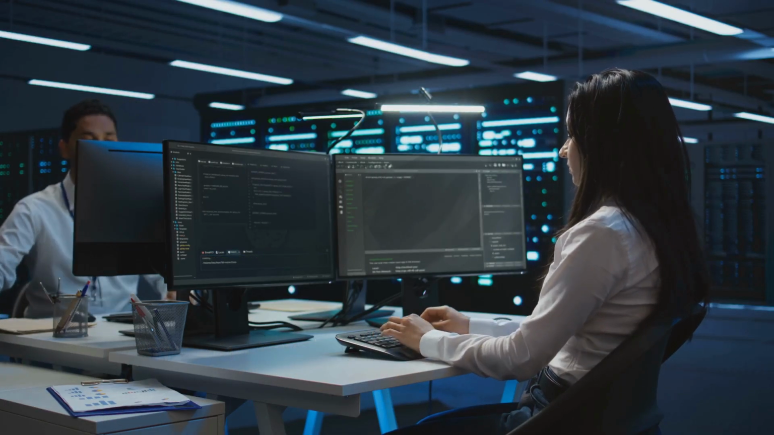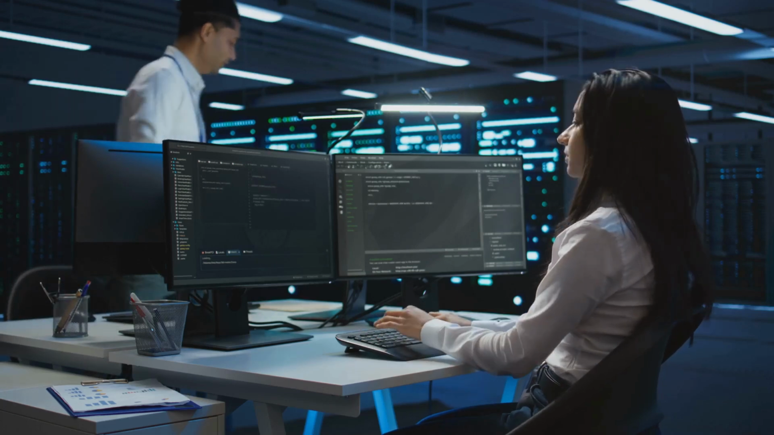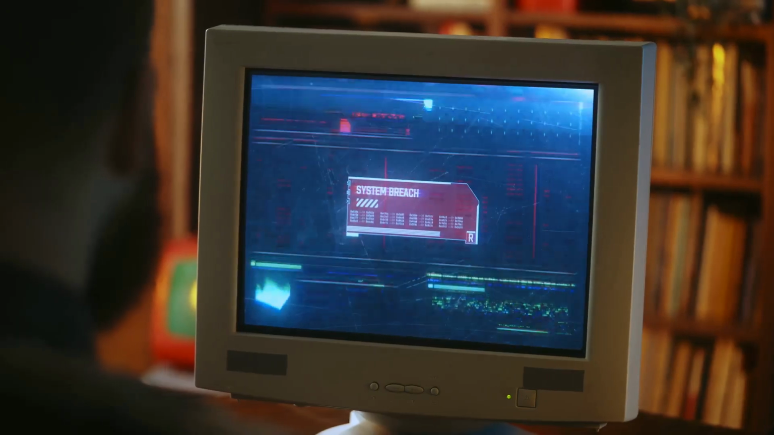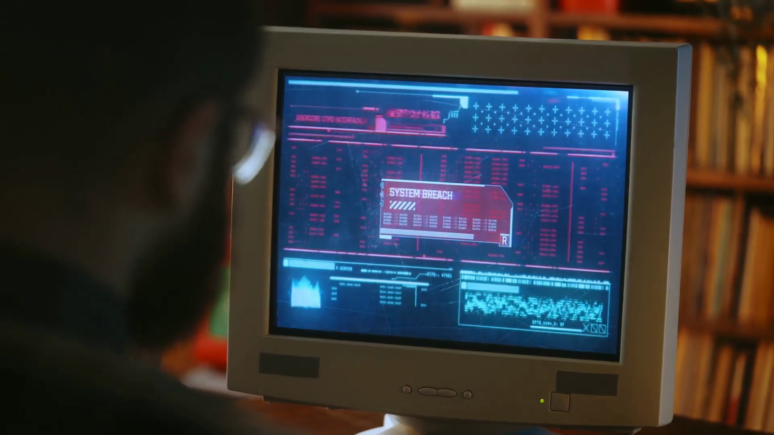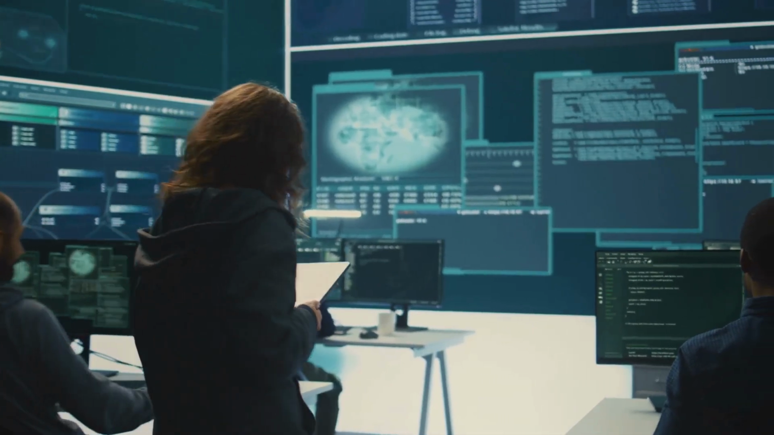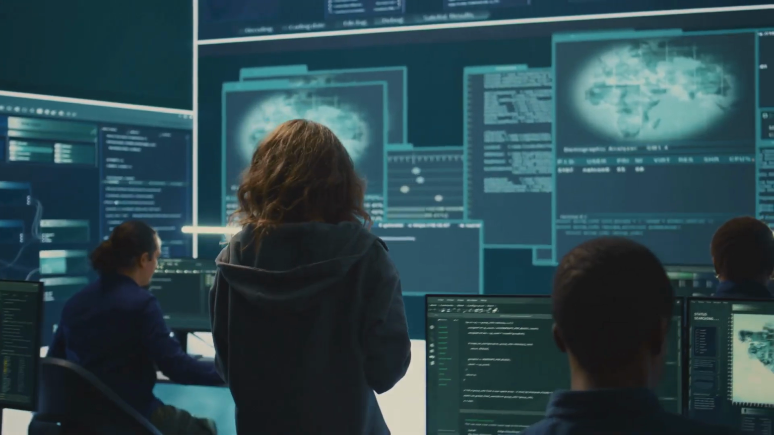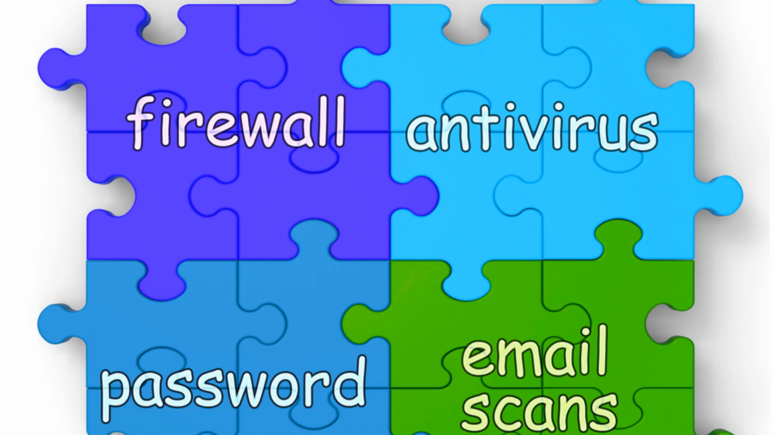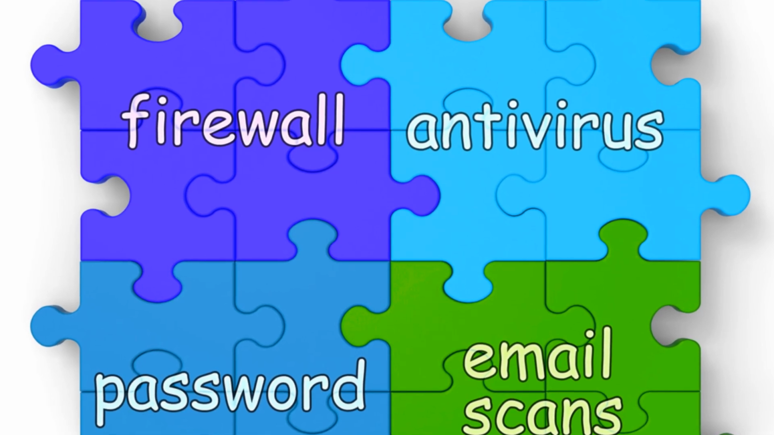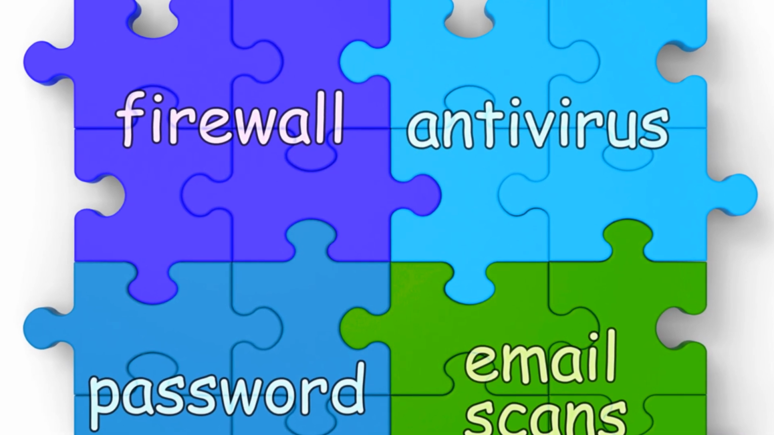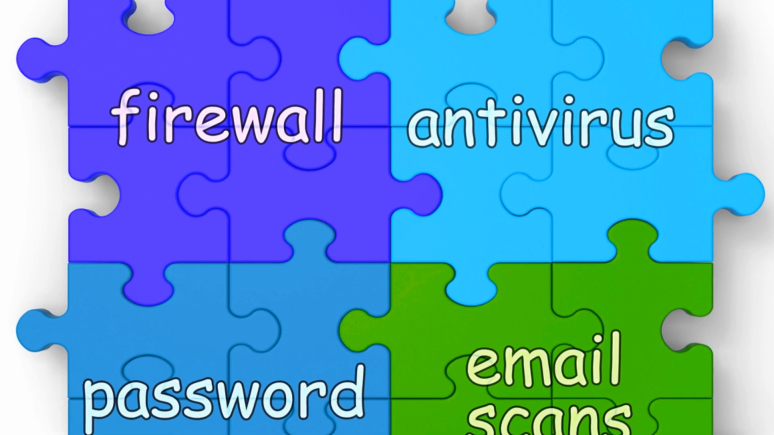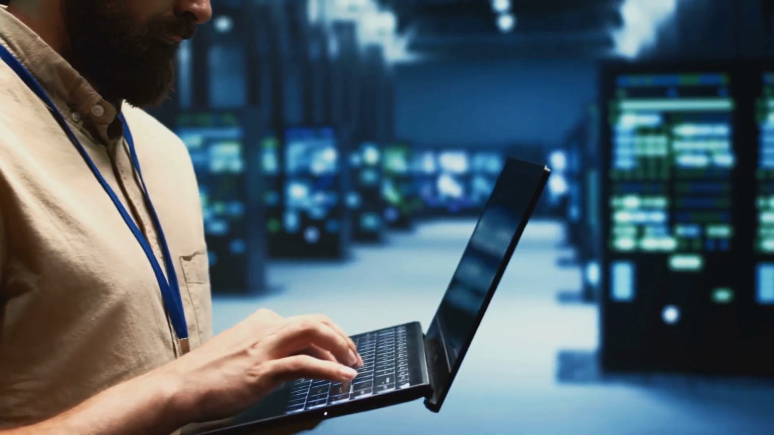Section 7. Next Generation Firewalls, evolving threats, evolving defenses. As cyber threats become more sophisticated, so do our defenses. Next Generation Firewalls, or NGFWs, take security to the next level. They combine the capabilities of traditional firewalls with advanced features like intrusion prevention systems, or IPS, and deep packet inspection,